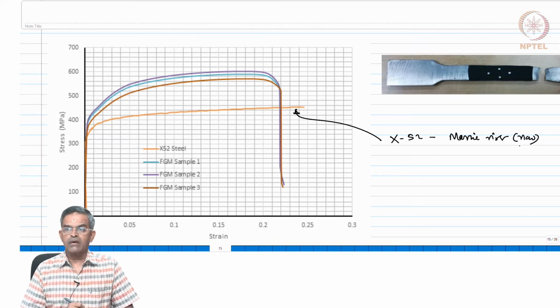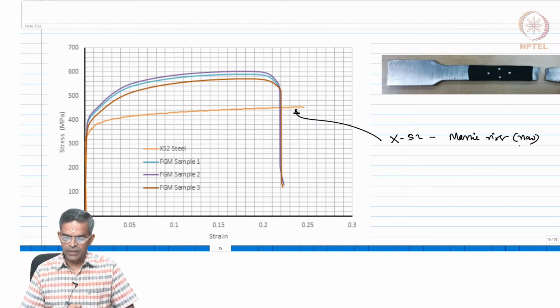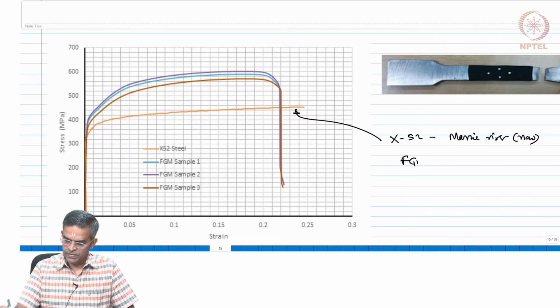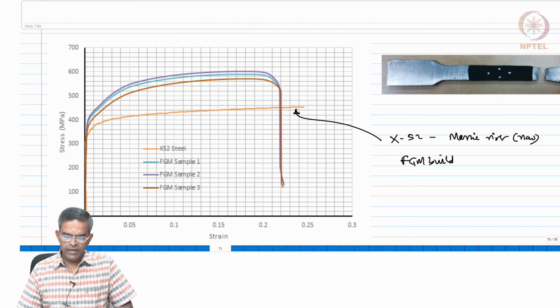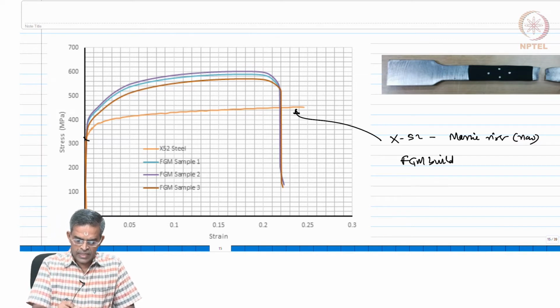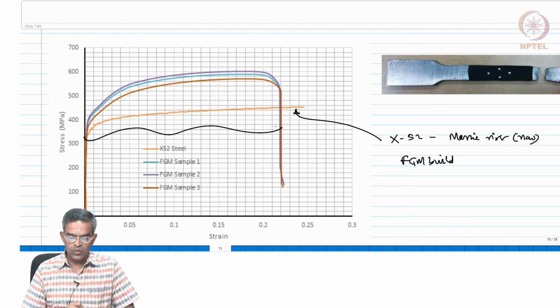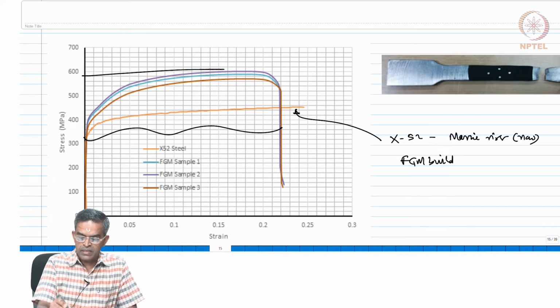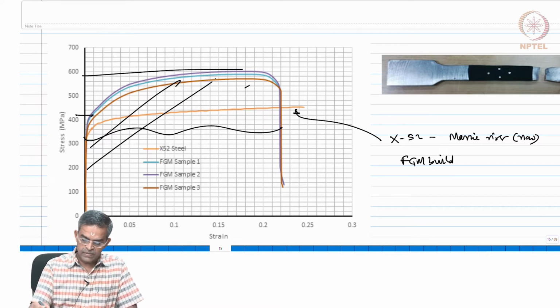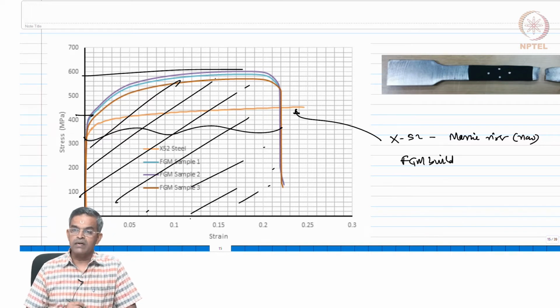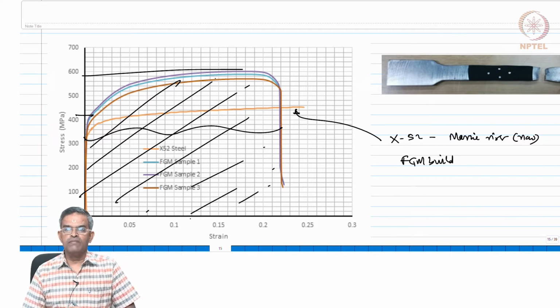And the remaining 3 color curves show the stress strain curve, longitudinal of course, for 3 samples of FGM build. One can easily see here that FGM has a similar ductility to X52, while the ultimate strength, the yield strength and the toughness are much higher compared to the conventional X52 steel which is currently being used